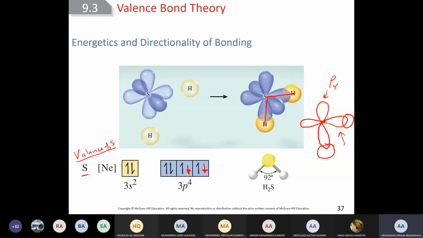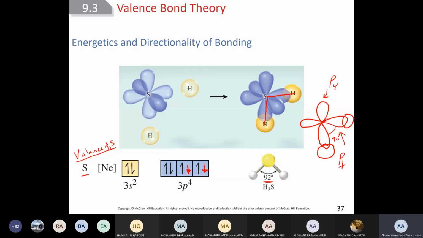They are perpendicular to each other. When the hydrogen comes here and interacts with it, the angle here should be what? 90. Is this clear? Yes. And we found the angle to be 92